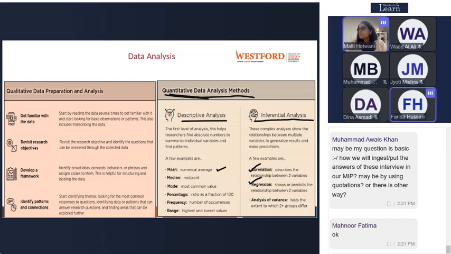So do we have to make any chart for them, or for the descriptive and inferential, we can just write it in detail? It depends on you, Farida. It depends on you, but in a short note, it's just a sum up of the survey, right? Whatever we have done and what is the result. See, for MIP, you have to write around 6,000 to 8,000 words. So it's always best to present it.